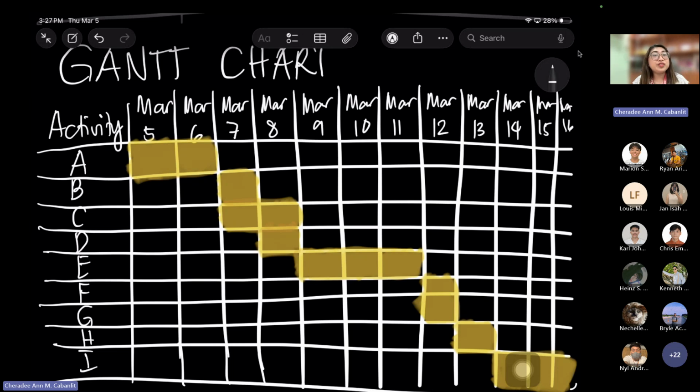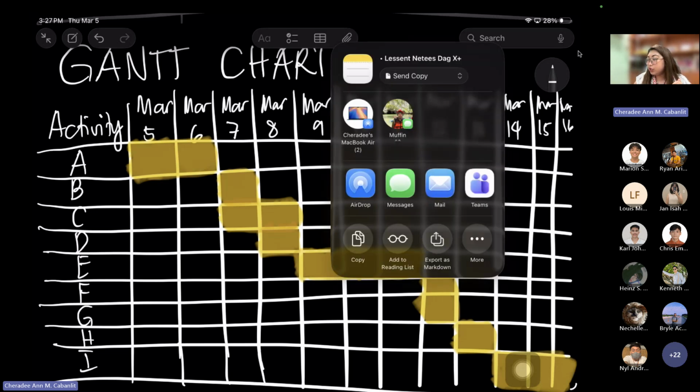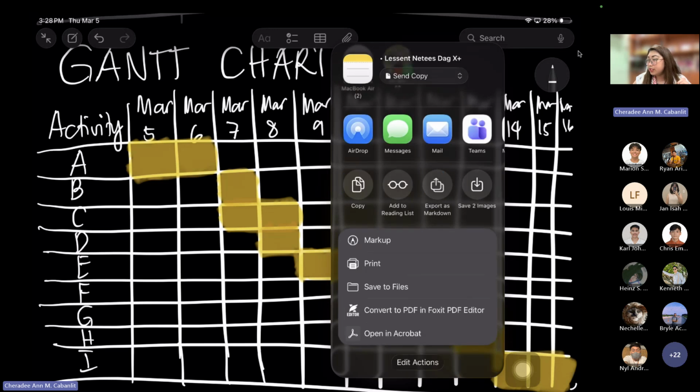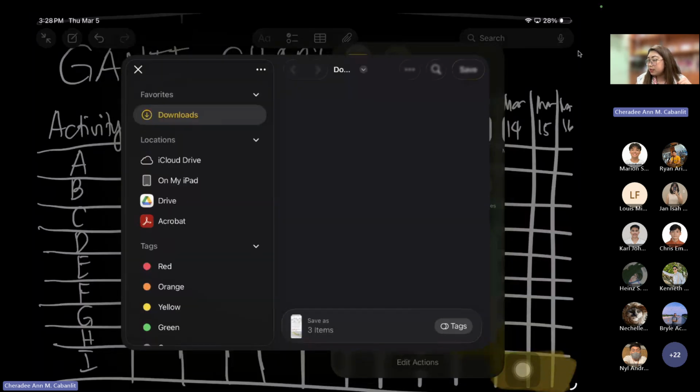You can actually also use this in your own thesis, no? Like chapter 1 should be finished first before proceeding to chapter 2. Pila man ka days atong gialat for chapter 2? Is it months, days, so on and so forth. You can actually use Gantt chart for that. Okay? So, since we are already done with that, I will be saving this photo so that you have a copy. I'll save this to the files.